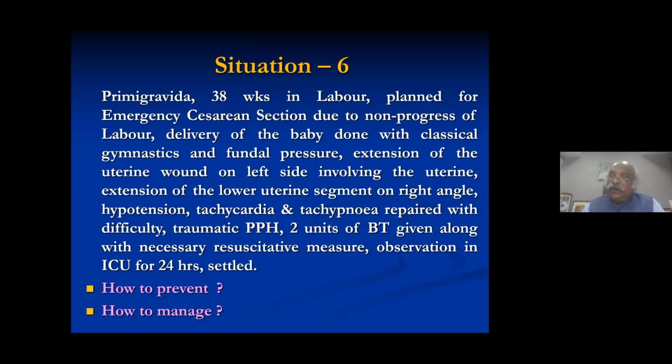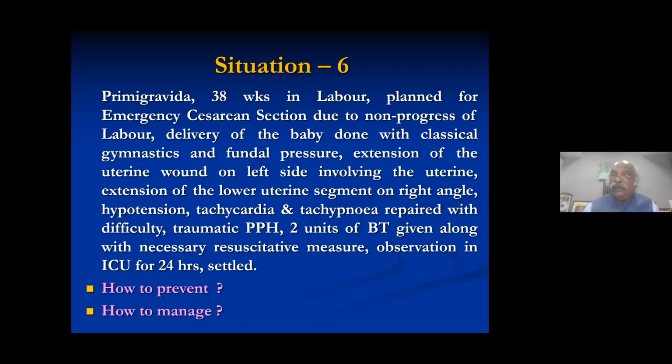Two things are important: why it happened, how to prevent it, and how to manage it. This is all important. In this particular case, it was traumatic, iatrogenic PPH. Supplementation and transfusion of 2 units of blood were given, but a good repair with immediate arrest of bleeding at that particular area on the lateral angle of the uterus has to be done separately, not with the same apex, with the muscle and the vessel.